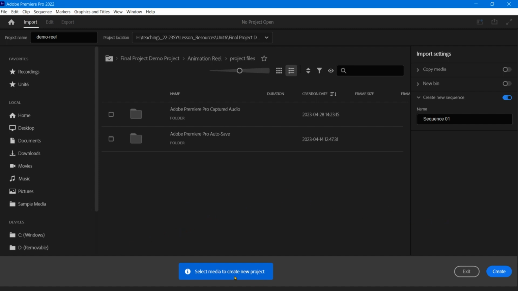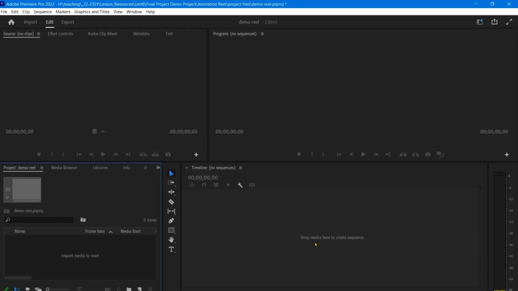And at this point we could go ahead and import things in, but we're just going to leave it as is. We're going to leave the name of our sequence as sequence 1 because we don't really need to change that, and we want to make sure that we have create new sequence turned on. Then we're going to hit create. Et voila, here is our